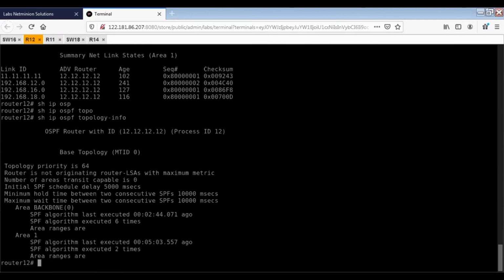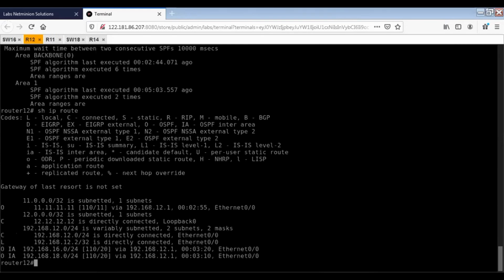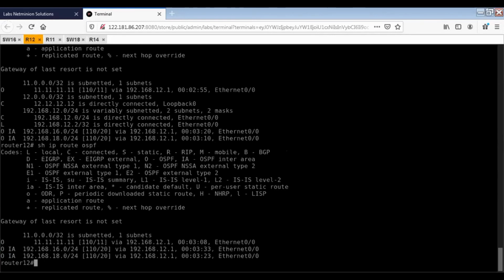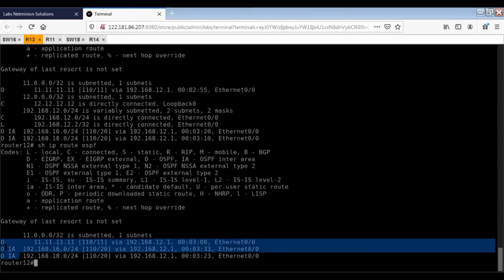So that database table is the topology table here. And then show ip route. In show ip route, O means OSPF route, and these are the inter-area routes. If we want to see only OSPF routes, we add ospf. So these three routes we are having through OSPF. This IA means inter area, because if you remember, router 12 is in area 0.